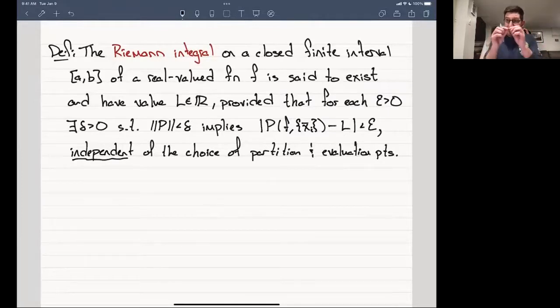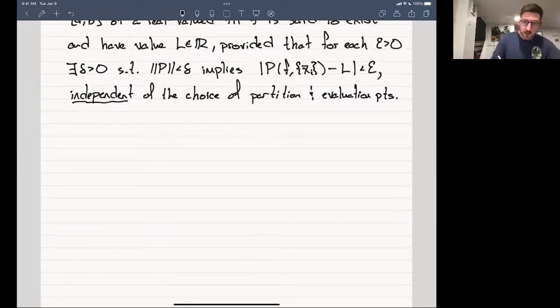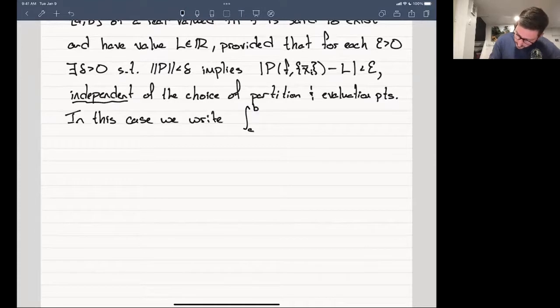As long as I take points close enough together, I can get very, very close to what the limit of this thing should be. And let's keep this going a little bit, just a little bit of notation. So in this case, we write that the integral from a to b of f of x dx is equal to L, the limit. And we also write,